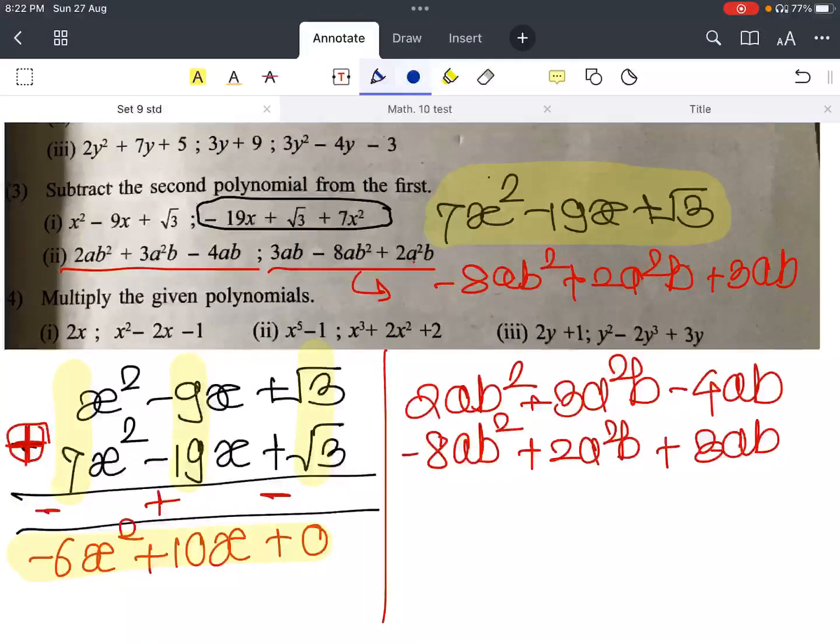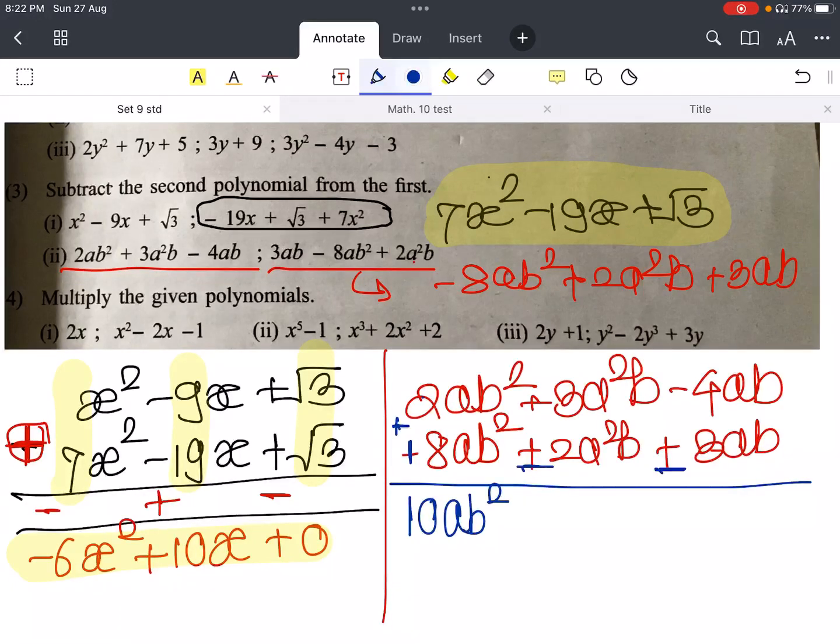Okay, so outside the bracket, minus is there. Because of this minus sign, this minus is converted to a plus, this plus is converted to a minus, and this plus is converted to a minus. So now just simplify this. Plus 2 plus 8 becomes 10